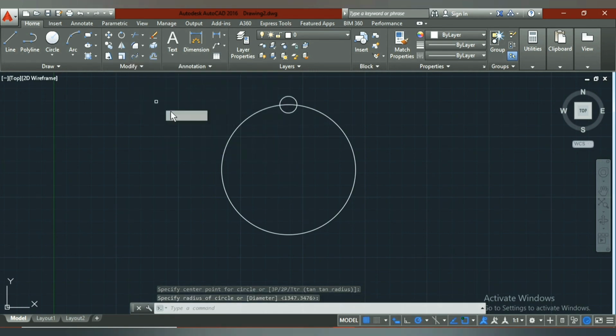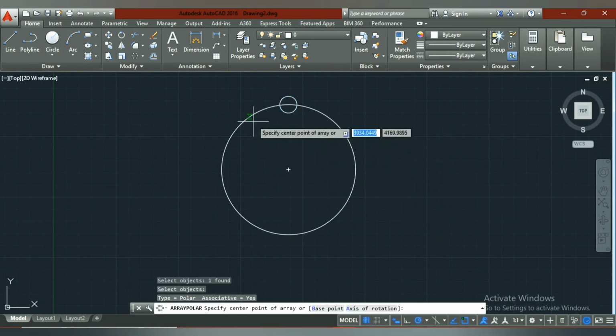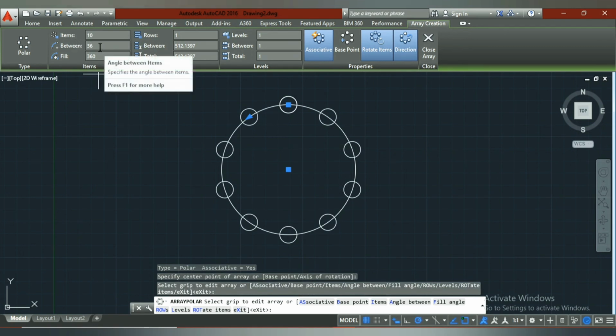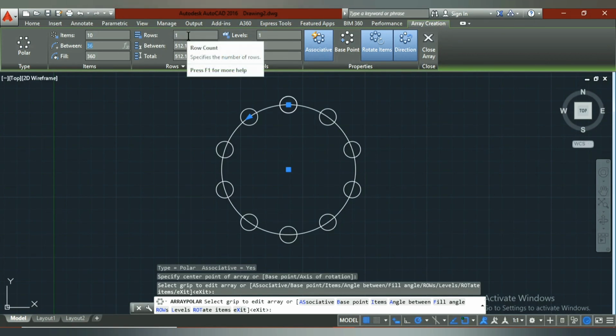Then I'll select the polar array, select the object, right click and select the origin center. Here you can see the number of items, you can change it from here. I want 10. Okay, and the distance between them can also be changed from here, and the rows count similarly.